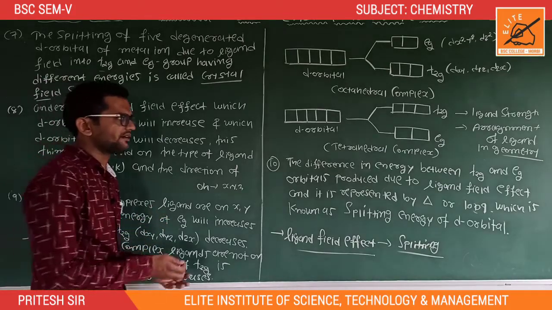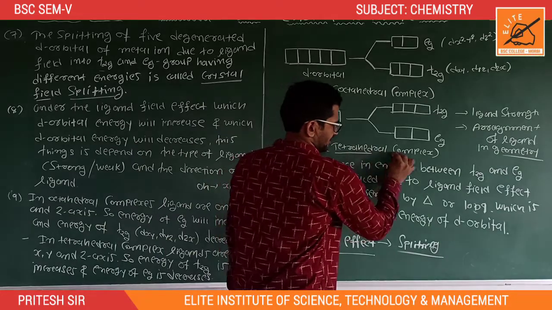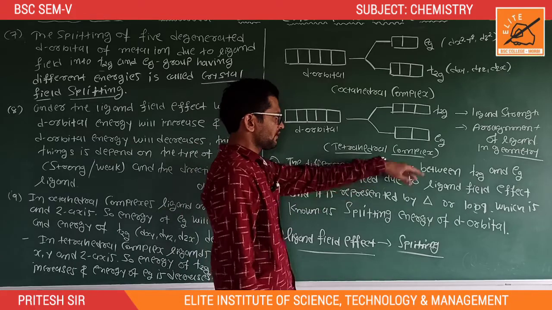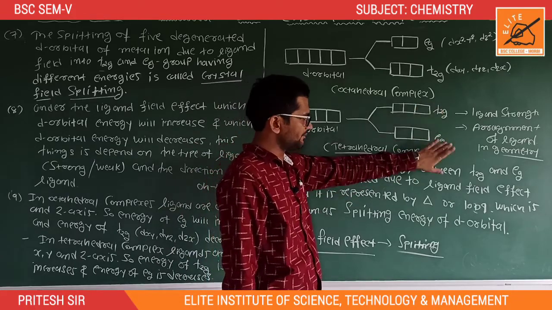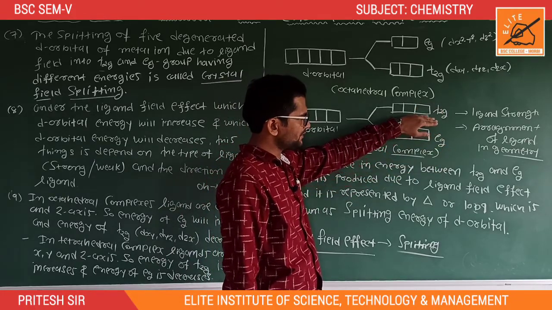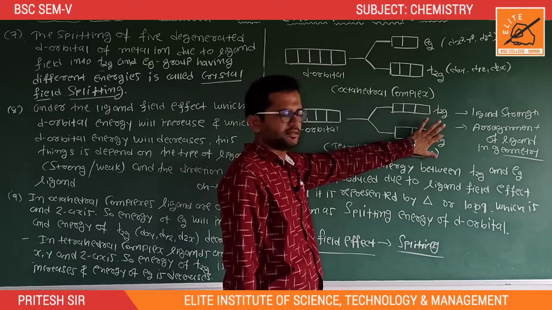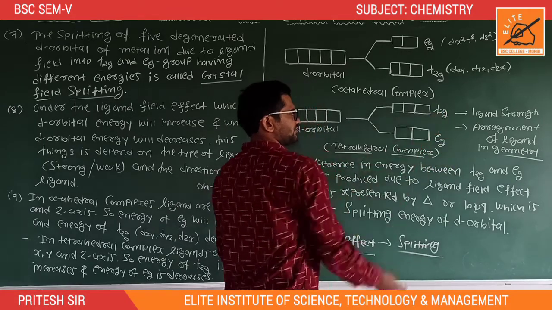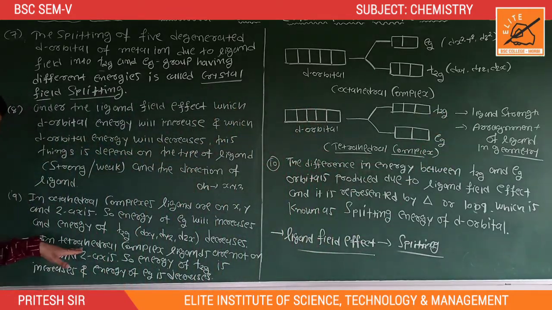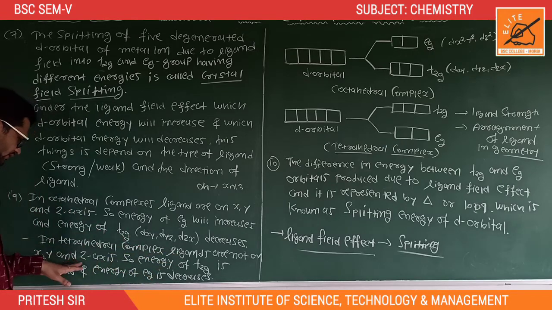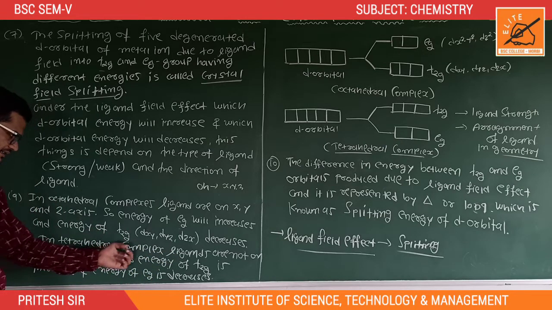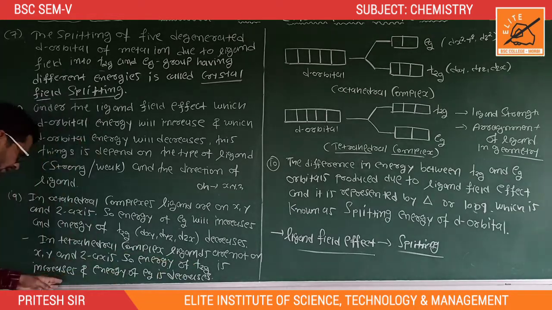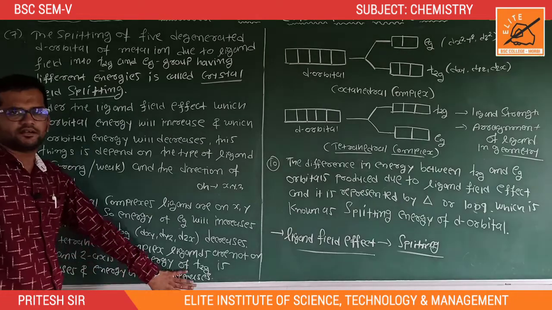Okay, so it is reversed in tetrahedral complexes. In tetrahedral complexes, the energy of T2g is higher as compared to Eg. The first electron enters the Eg orbital, then after that the T2g orbital. In tetrahedral complexes ligands are not on the x, y and z axis, so the energy of T2g increases and the energy of Eg decreases.